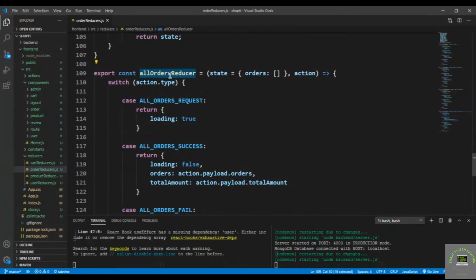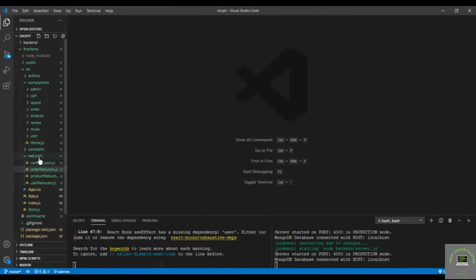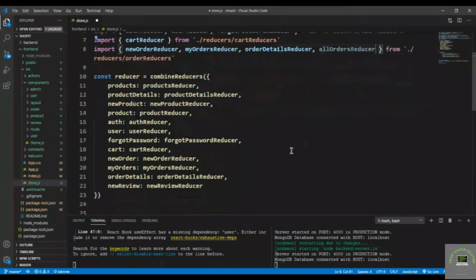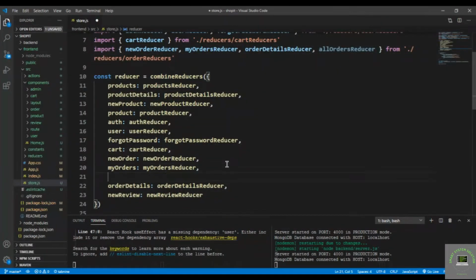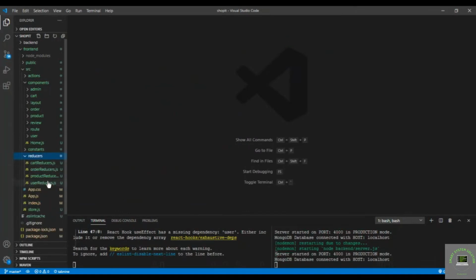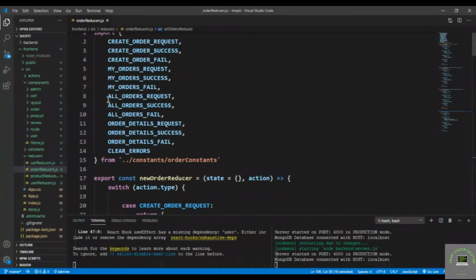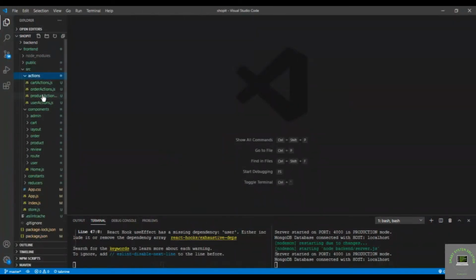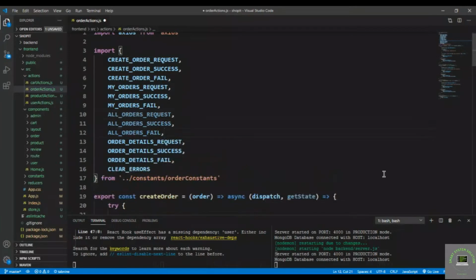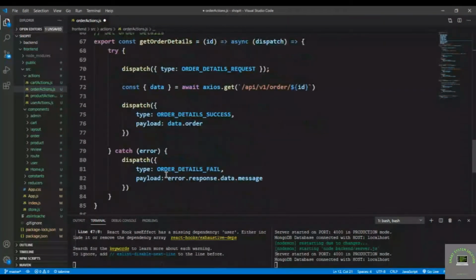Simply save this one, copy it, and now go to my store.js. So here I bring it in and let's put that here. So all orders, that will be all orders reducer. Save it. Now let's simply go back and copy these constants, close it, go to actions, order actions, and let's put that right here,